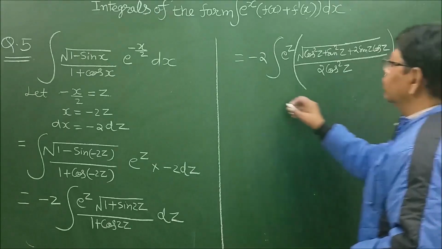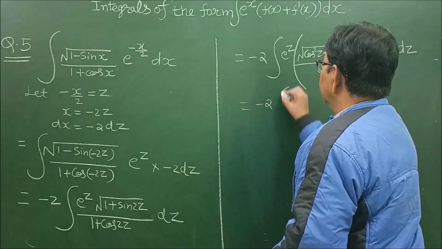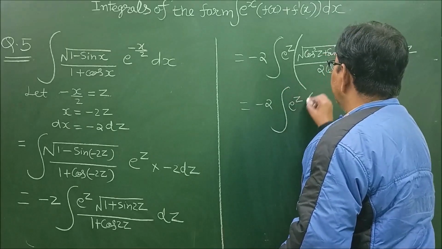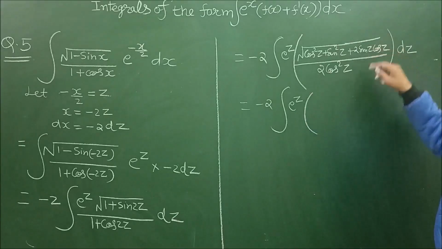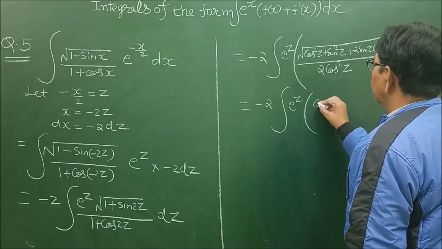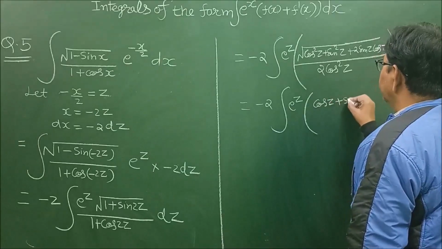So this is equal to minus 2 integral of e raised to the power z, this is the whole square of cos z plus sin z, and square root. So this is equal to cos z plus sin z